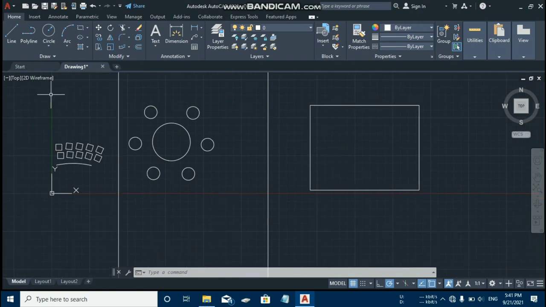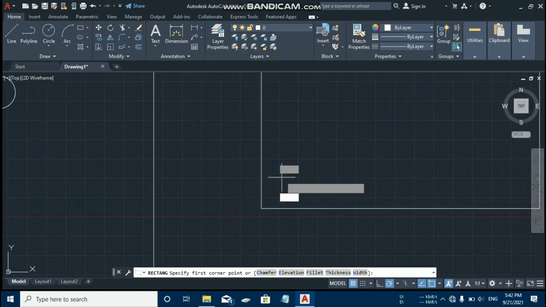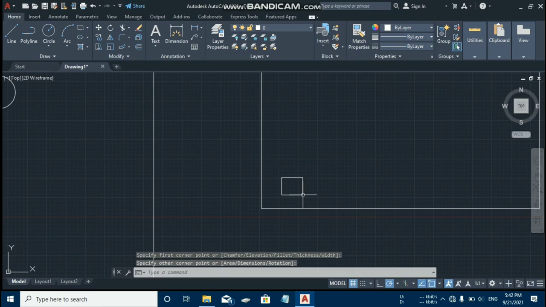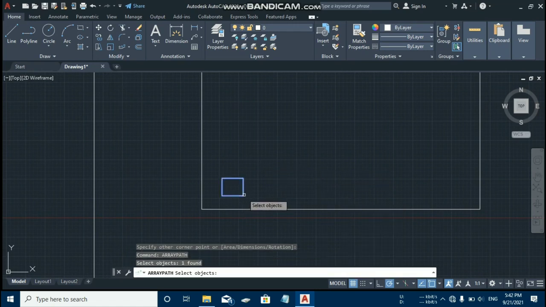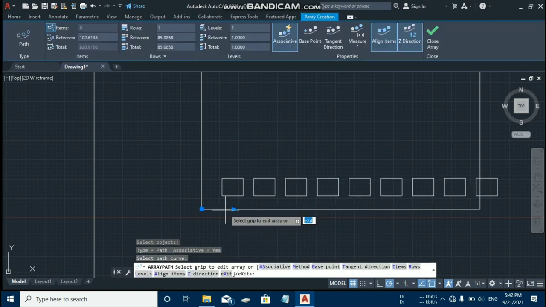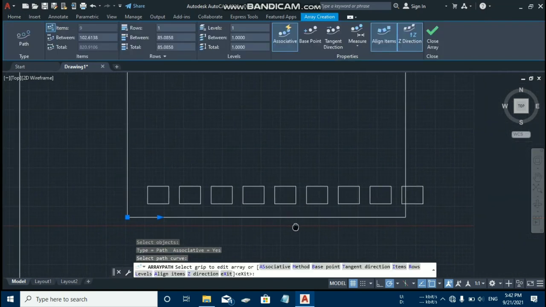Let's take another rectangle as an object, and I'm going to put it here. Then type path array, select the object, press enter, select the curve, and you will see that it can also perform as a rectangle array.